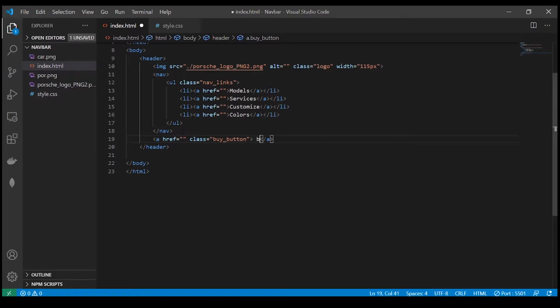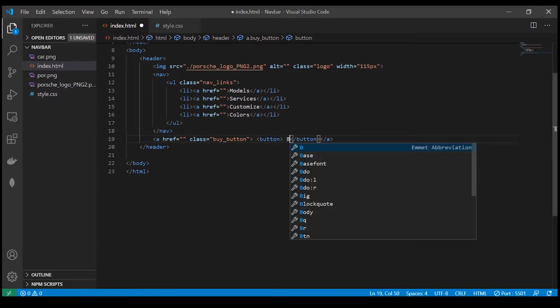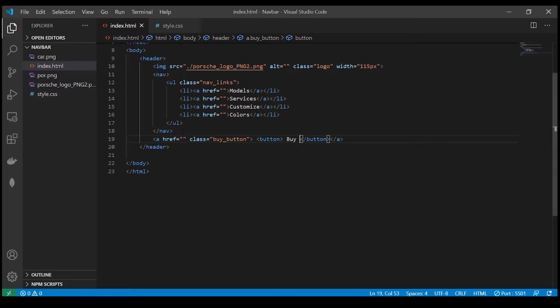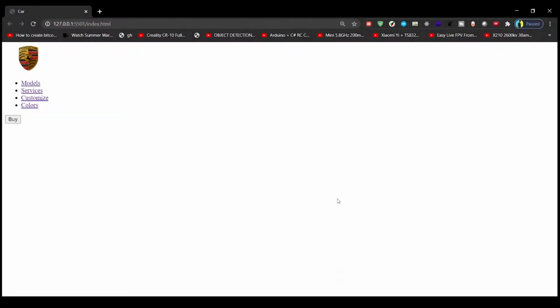Inside the a tag create a button and name it buy. So now let's see it again. Now you have a button. Now let's style this nav bar.